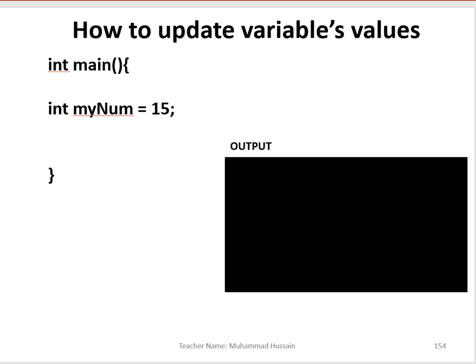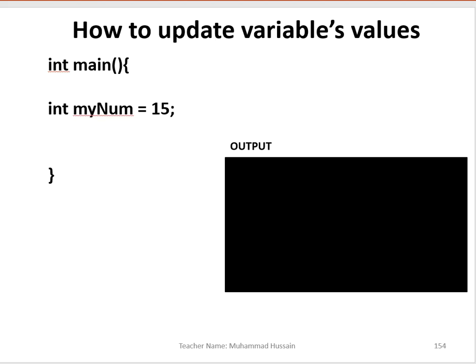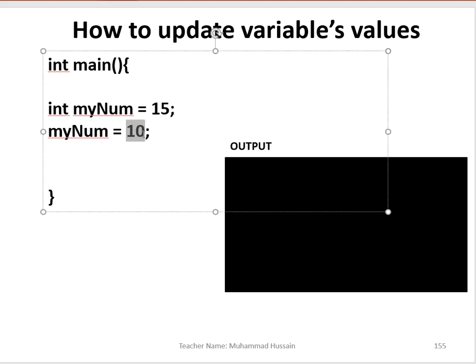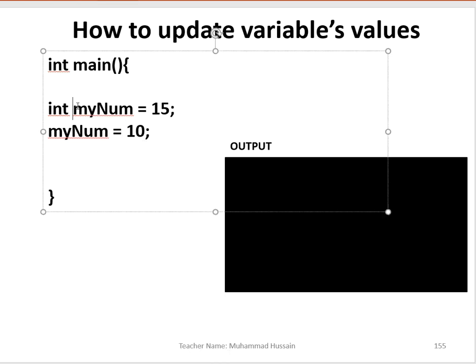So now how to update variables' values? Now in this program we will learn this. So we have integer myNumber as a variable and equal to 15, okay? So now we have myNumber again, and we have equal sign 10, okay? Now the compiler comes in here and sees that myNumber is a variable and has some value. Now the compiler comes to this area, it says myNumber is a variable actually, but now it updates its value. Now it's changed its value, so it's not an error actually, it just updates its value.